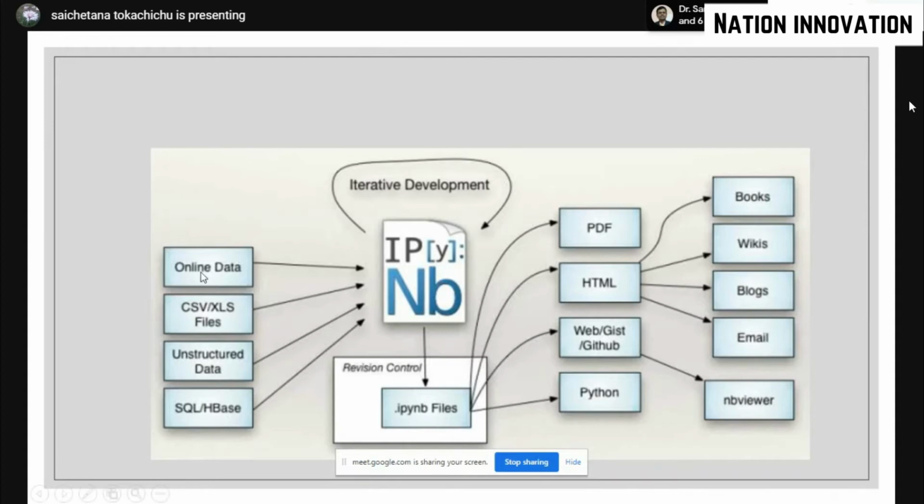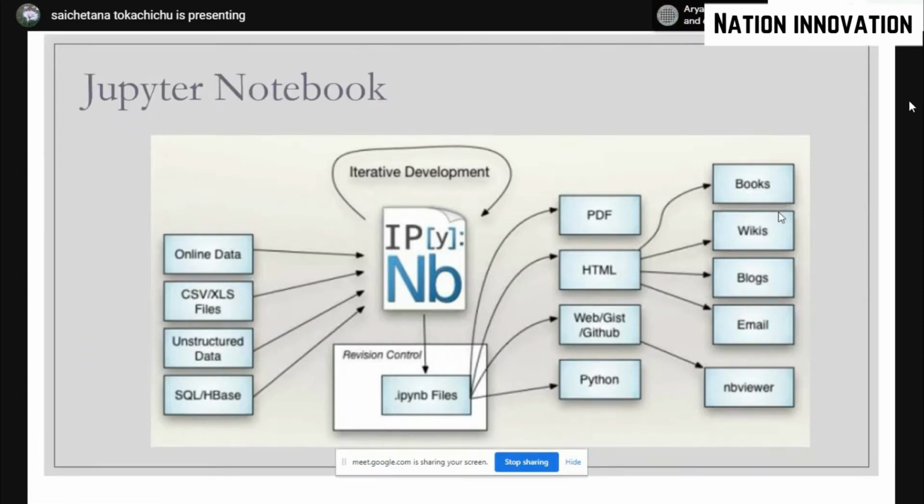So you directly link it in the notebook, you process it, whatever model you're running, whatever pre-processing you're doing, you do that. After that, you can get the notebook's output in the form of PDF or as a Python notebook, or HTML. Through HTML, you can create blogs or emails or Wikipedia-like books. So this is how the notebook is running.